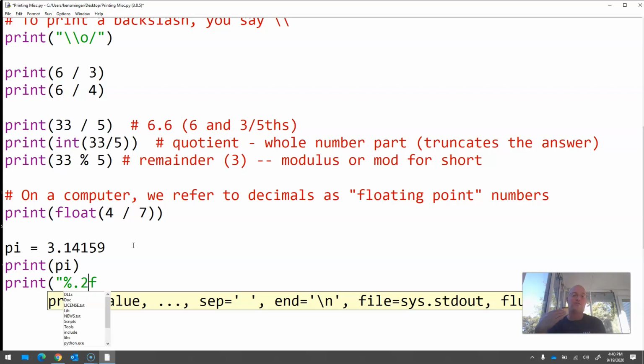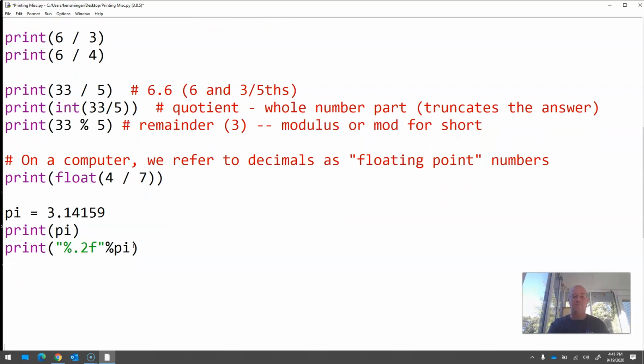So %.2f. And then I close it off, which again, when something's in quotes, it prints literally, but there are certain codes that override that. This is an overridden code. What I do then after the quote, I don't put a comma, but I actually put another percent sign, and then I put the variable. I know that looks super strange, but if I run that and try it out,